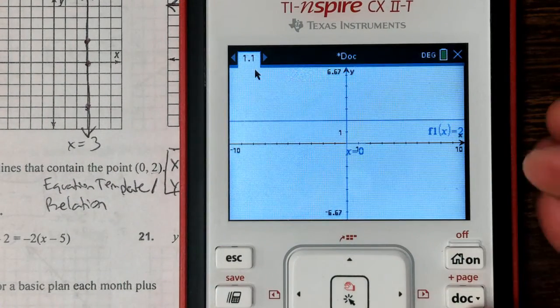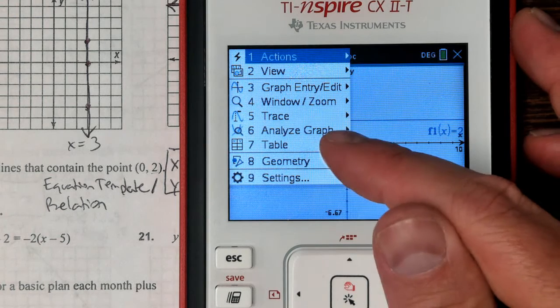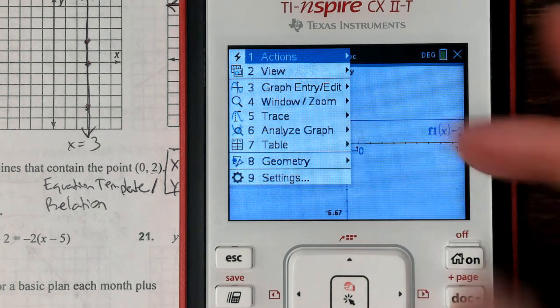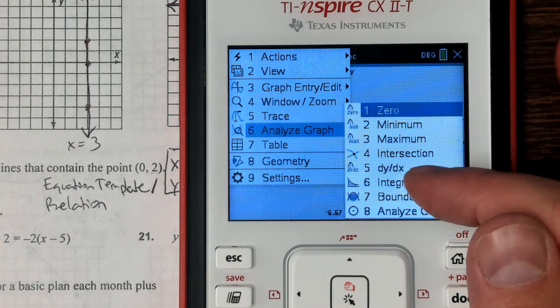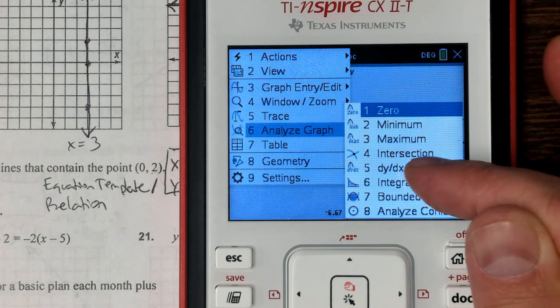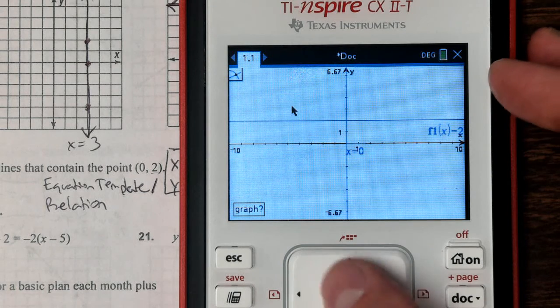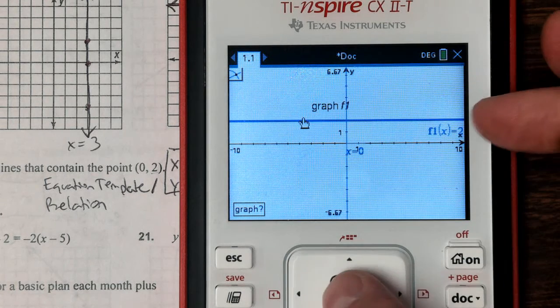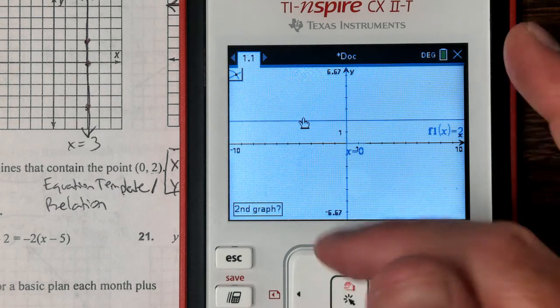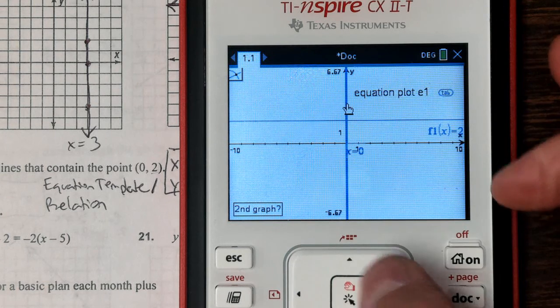The main thing, well, let me go ahead and do this part. I want to go to menu, then analyze graph, and then the intersection is number 4. So it says graph, so I'm going to pick this graph, and it says second graph, so I'm going to pick this other graph,